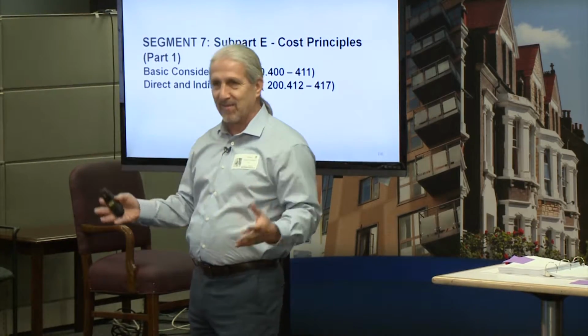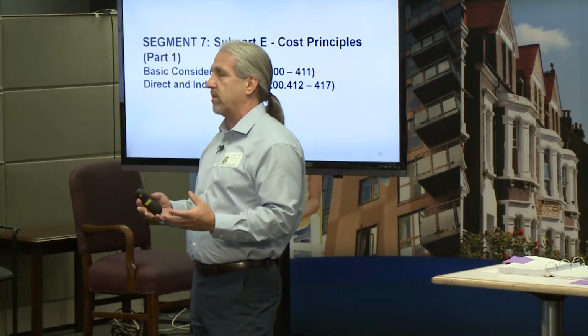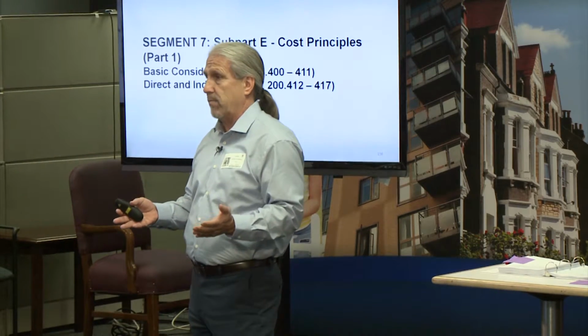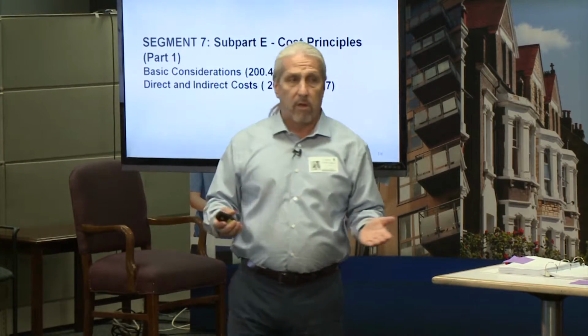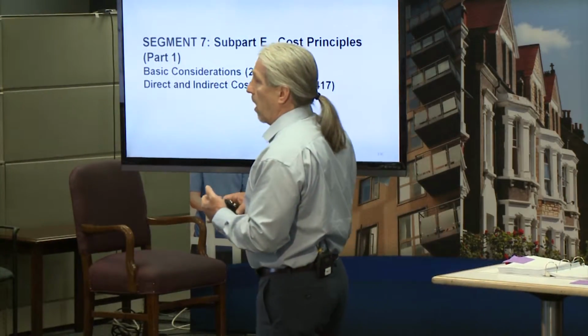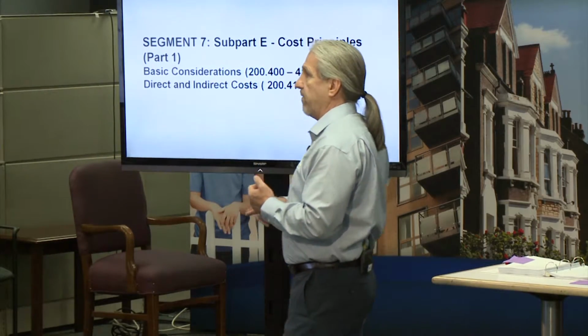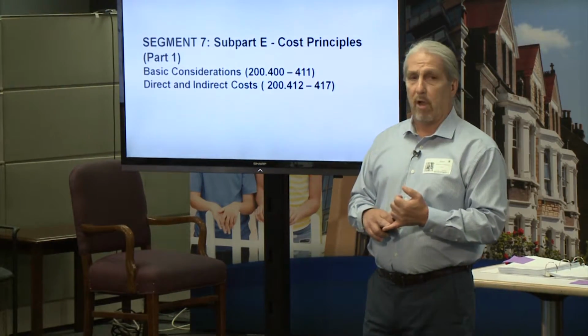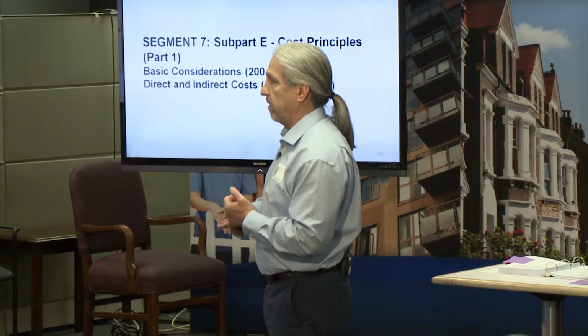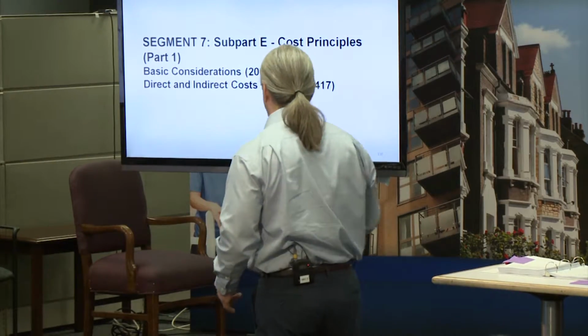Unfortunately, we can't bridge that gap because we're really focusing to alert folks as to what changed and if there's any impacts that we need to be aware of. So we're going to be covering the basic considerations, 200.400 to 200.411, and then also a short segment on direct and indirect cost, 200.412 through 200.417. So let's dive right in and see